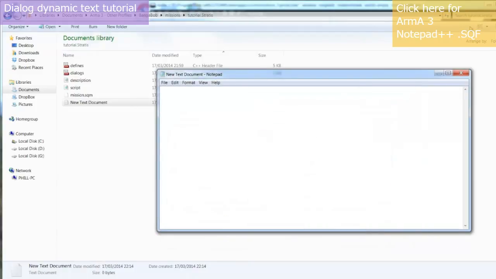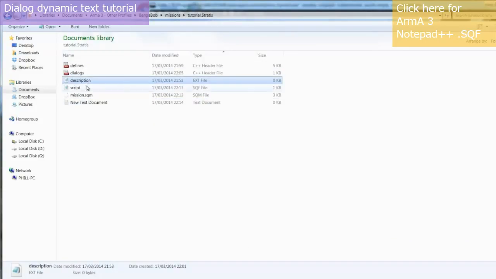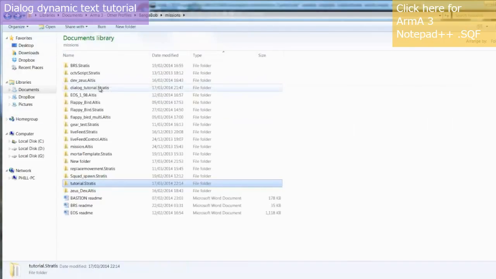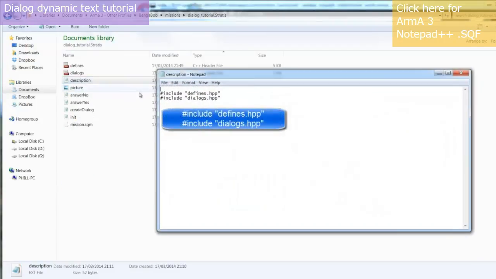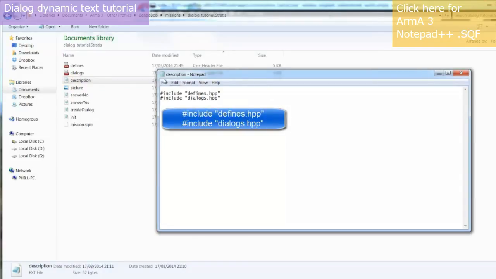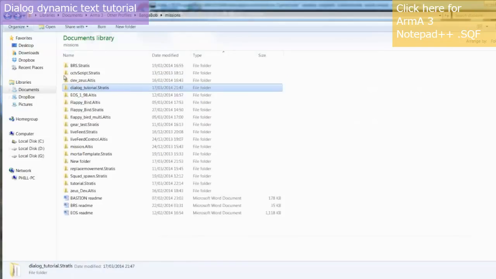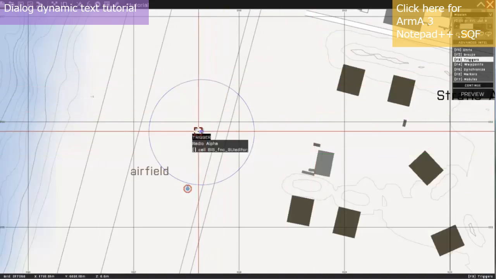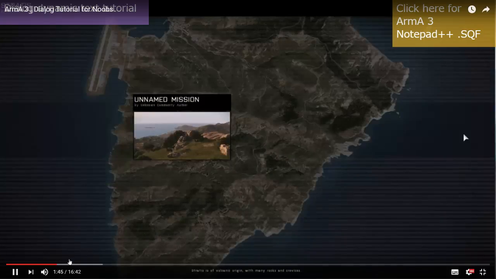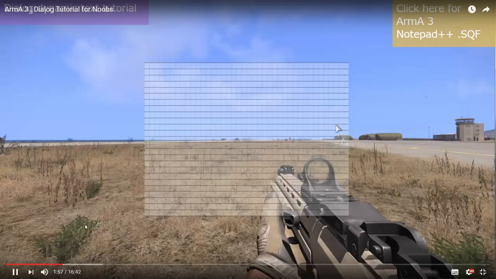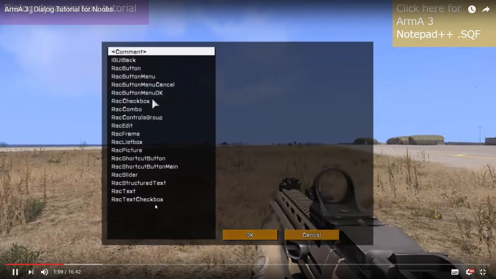and save them both. I then create a description.ext and open that, and inside we are going to copy this code and save. After you've done that, we're going to go back to our mission and click preview. This is the GUI editor. So let's begin by right clicking anywhere, and we're going to make a